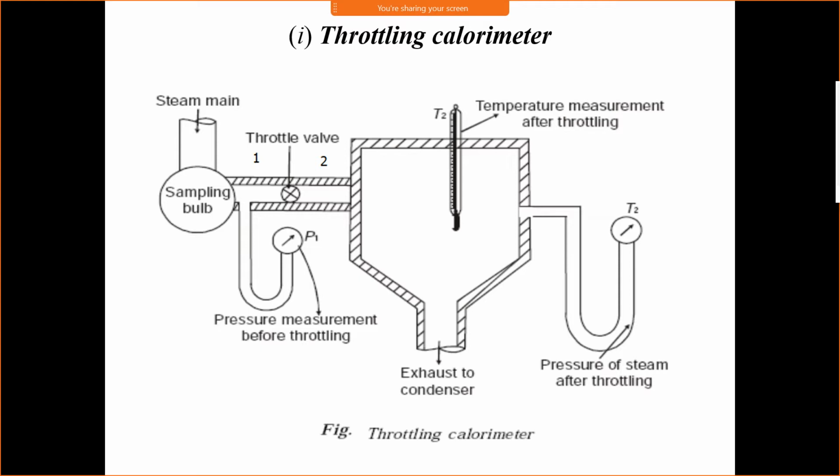You might have seen a capillary tube in the refrigerator. At the back side of your domestic refrigerator, you might have seen one small copper coil of very small diameter, that is the capillary tube. In a refrigerator, the capillary tube is used as an expansion device and the process that takes place in it is a throttling process.